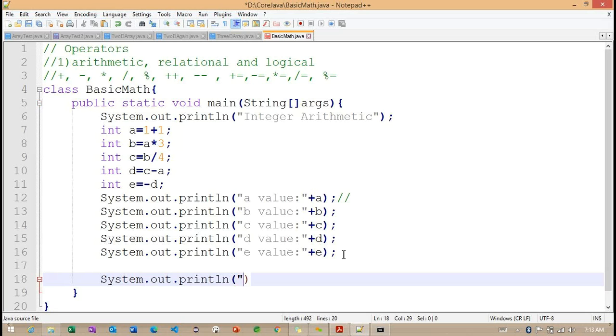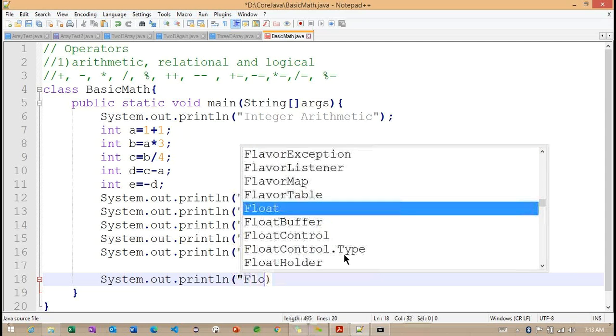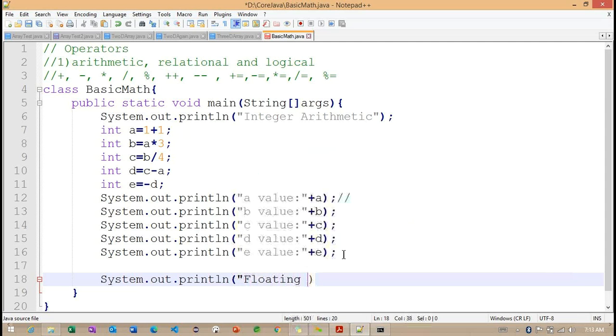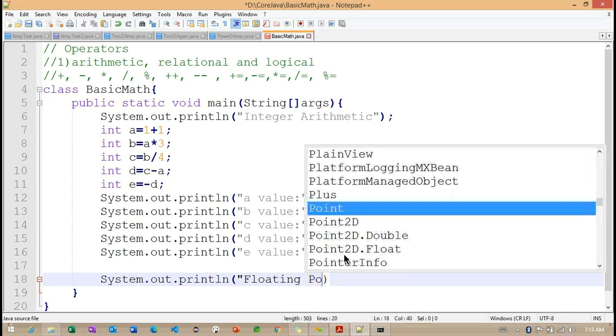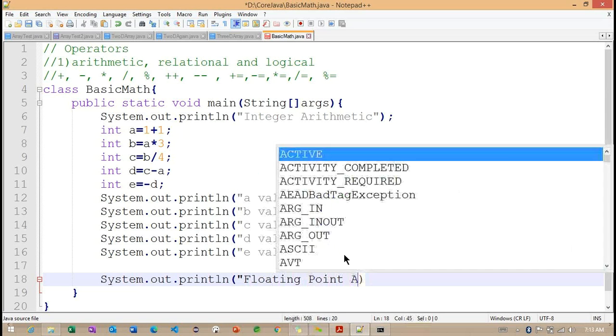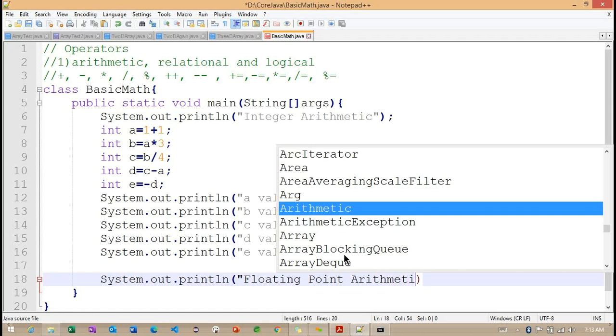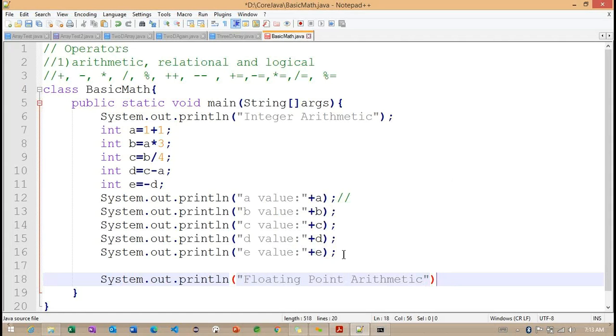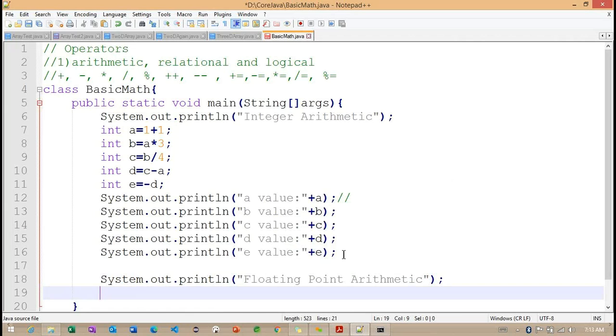The same arithmetic example, but we are going to work with a different data type. So, a floating point arithmetic example here.